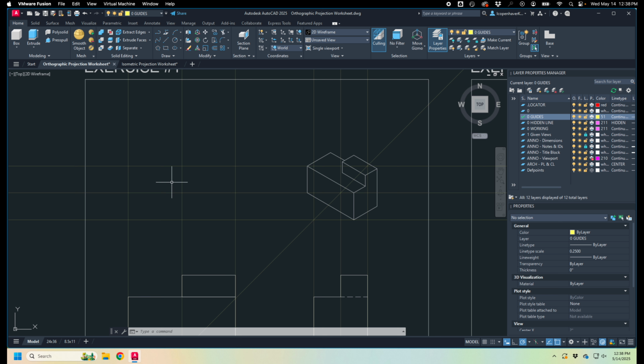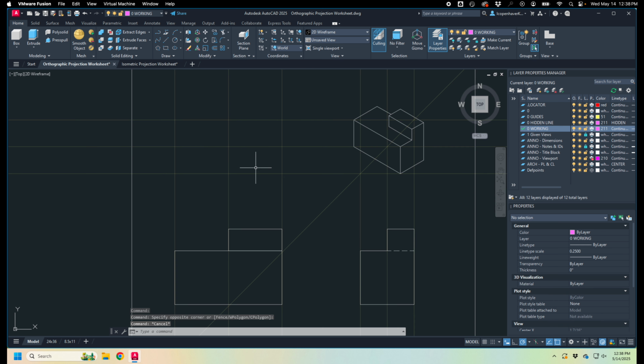Now I can go ahead and put in the lines that represent... select it. I don't know why double click is not working. There it goes. Now I can go ahead and put in the lines that represent the edges that I would see from the top. So I'm going to use my rectangle tool,